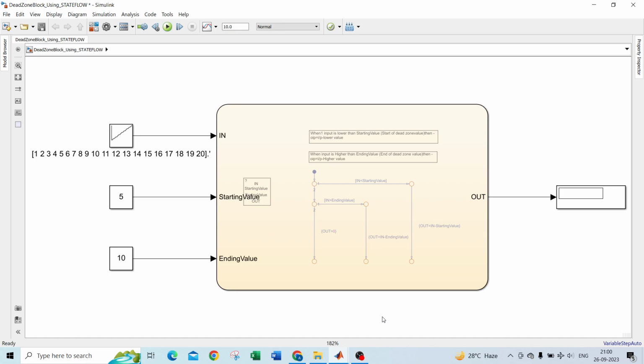So previously we discussed the implementation of the DeadZone block by using basic blocks in Simulink, right? If you didn't check my previous video, you can check. And today we are discussing how to implement the DeadZone block